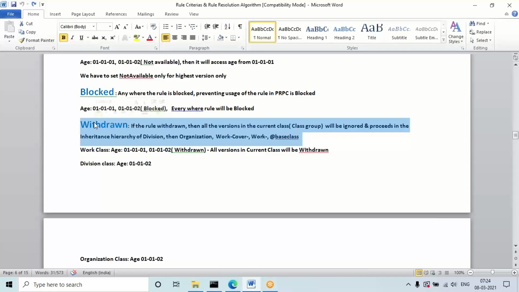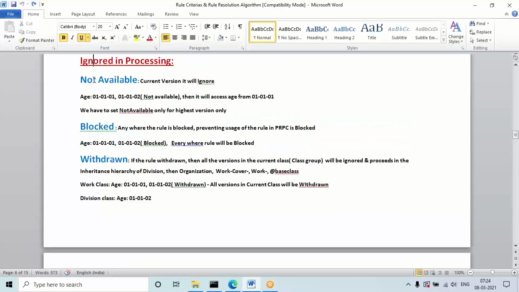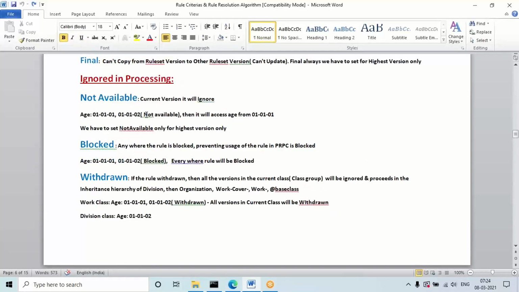So the difference between not available and withdrawn is, not available means only the current version is going to be ignored, but withdrawn means in the current class all versions are going to be ignored. If it is there in the work layer, all versions are ignored in the withdrawn option. If you withdraw, this version also will not be available for execution. So these are all the availability types.